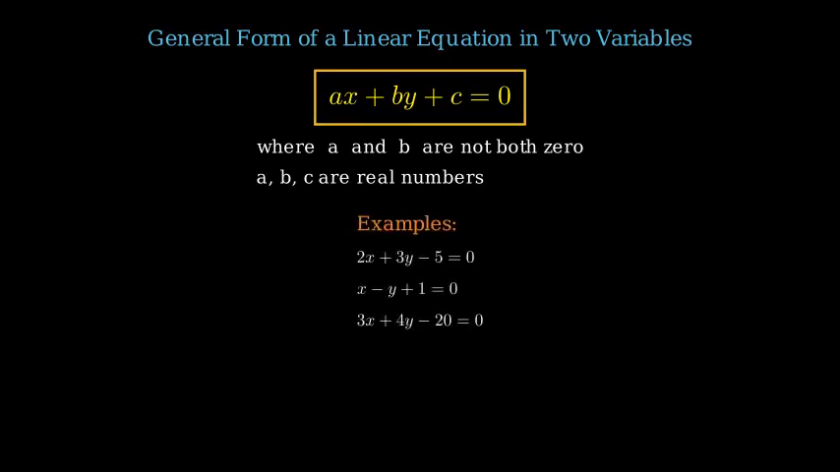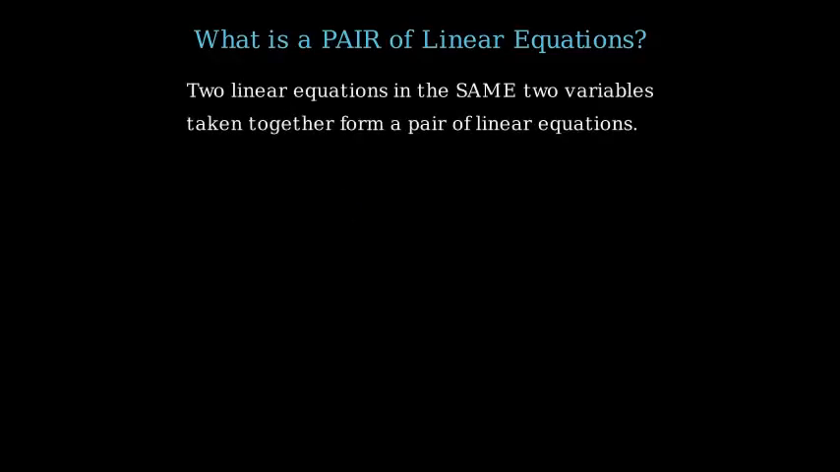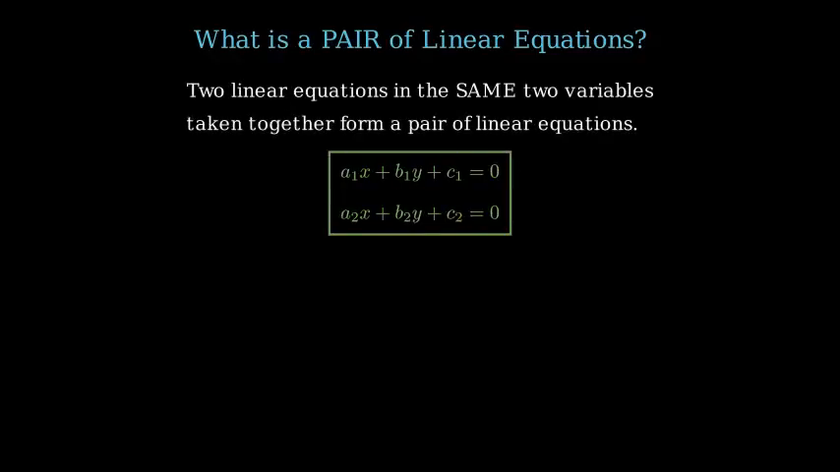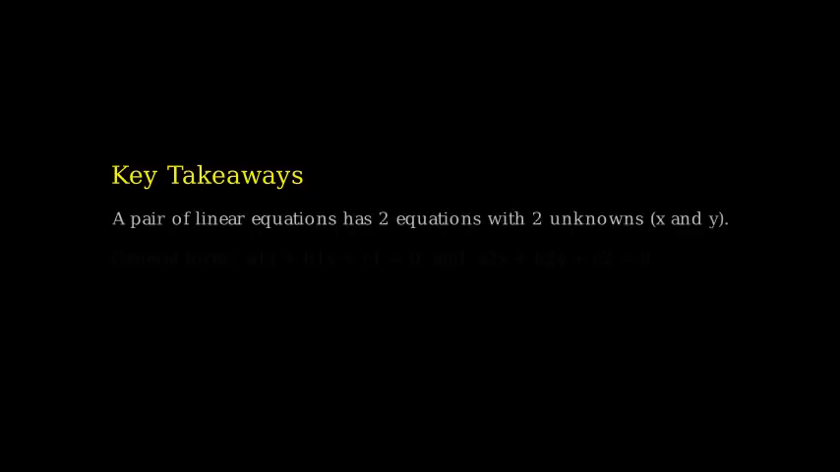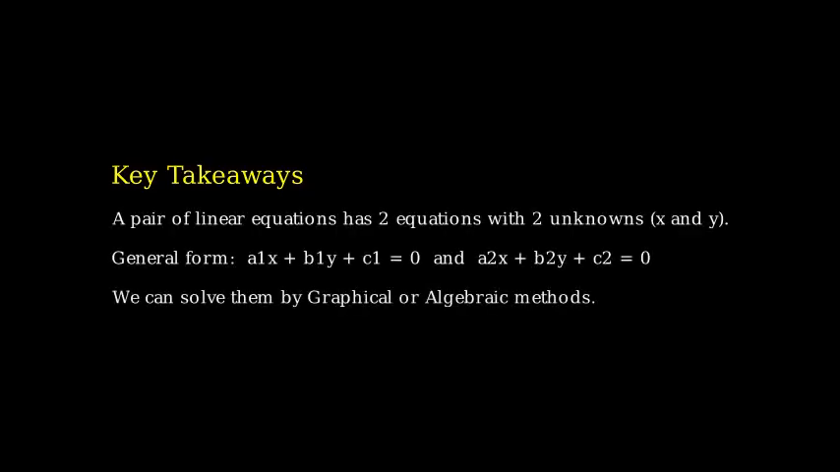A linear equation in two variables is of the form AX plus BY plus C equals 0, where A, B, C are real numbers and A and B are not both 0. The graph of such an equation is always a straight line. A pair of linear equations is called a system of two simultaneous linear equations. In this chapter we will learn three methods: the graphical method, the substitution method, and the elimination method, to solve